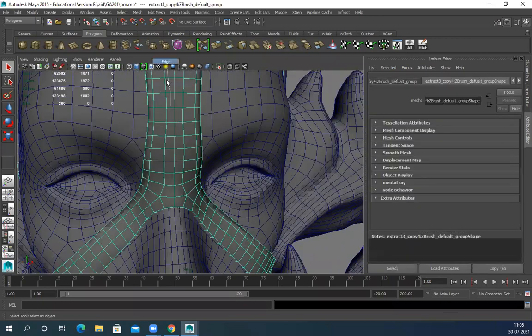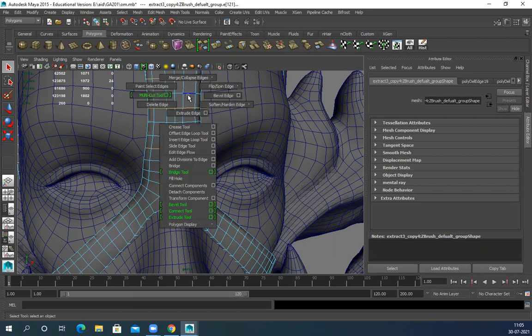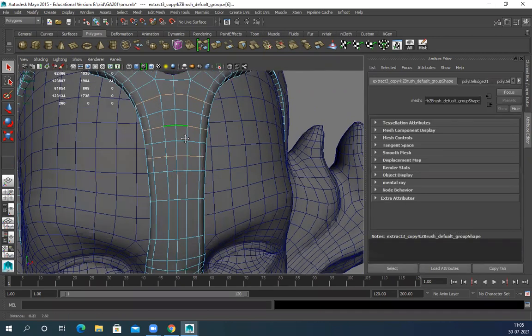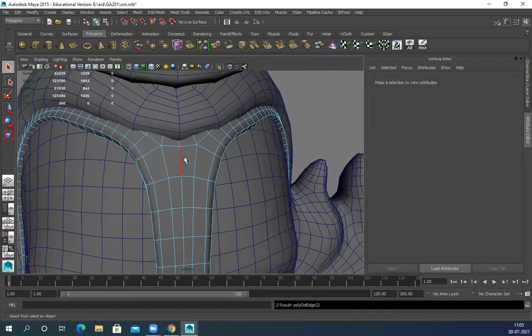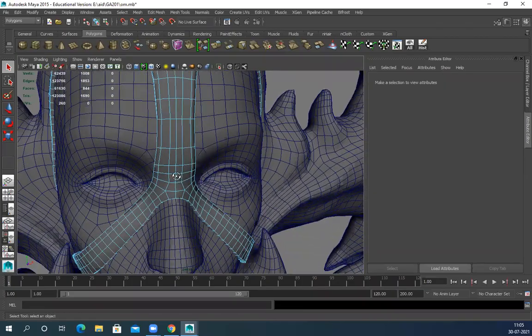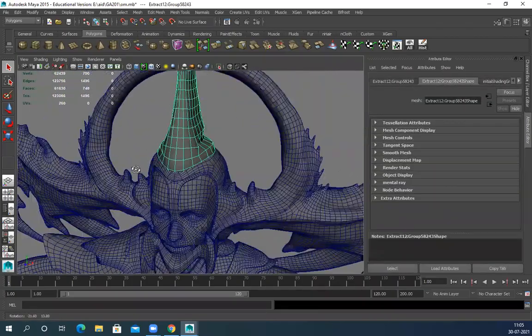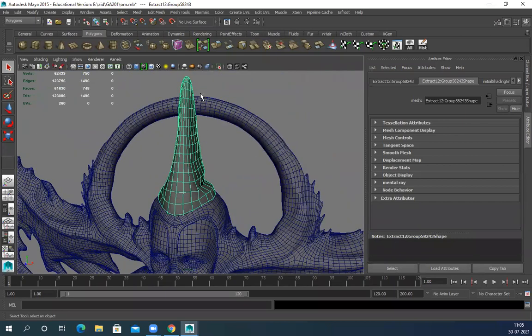Still, if I want, I can definitely delete a couple of loops. So can we leave some parts just like that, if they're low poly enough? Yes, this is one I have used directly from ZBrush. It's pretty low poly, so yes, you can definitely use it.